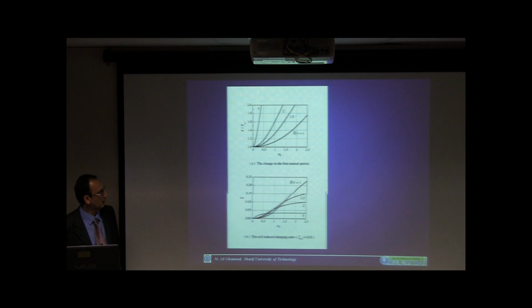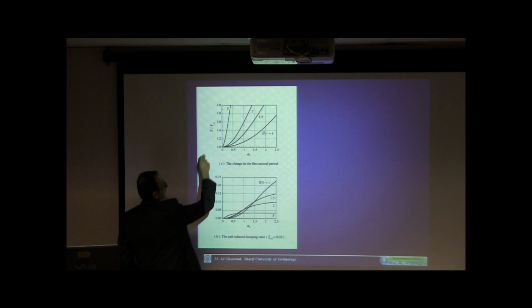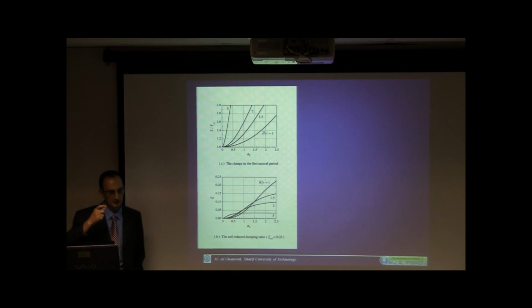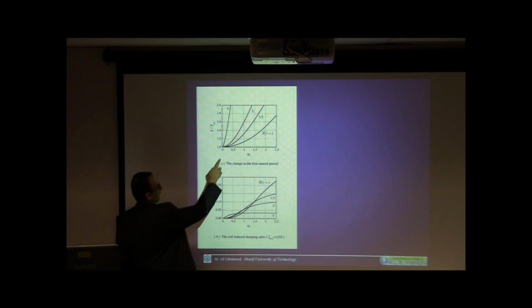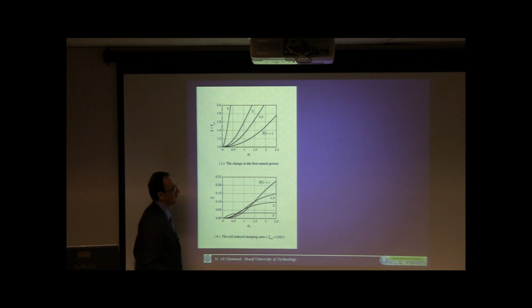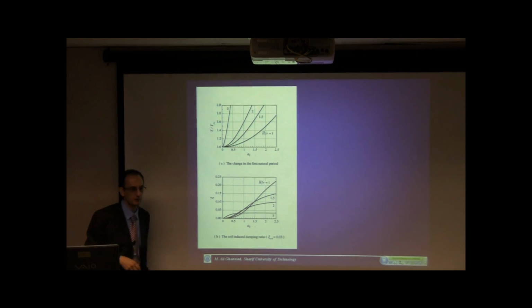This is the result of the change of the period with this A0. A0, as I said, is the index for the relative stiffness of the soil and the structure. When A0 is zero, it means a fixed base structure, rigid base. When it goes up, it means more severe soil structure interaction effect. And a value of 2.5 or 3, or something between 2 and 3, you can consider as cases with severe soil structure interaction.